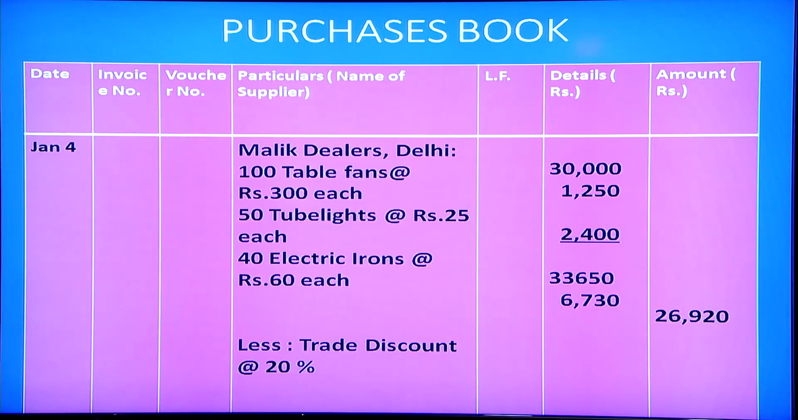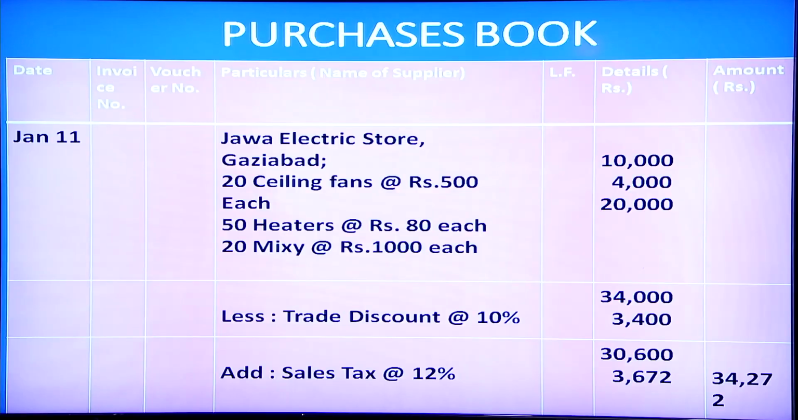And the total amount will be written in the outer column, that is the amount column. Next, the supplier's name will be written in the next line, that is on January 11th, Java Electrical Store, and Ghaziabad is the place. So we have to write the name of the supplier. We have written here, and then the details of what we have purchased. We have purchased ceiling fans, heaters and mixie, and its amount is written in the amount column or details column,